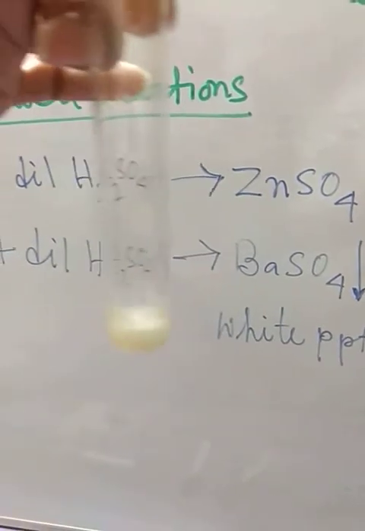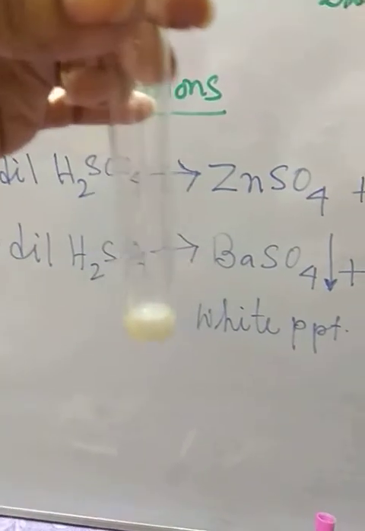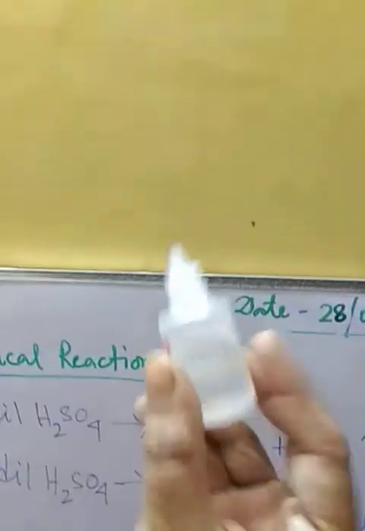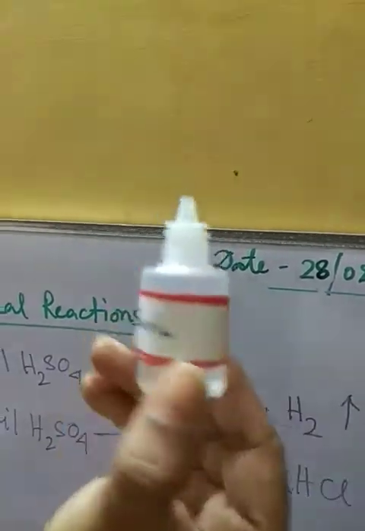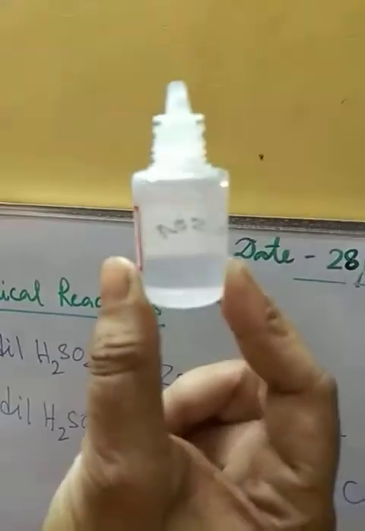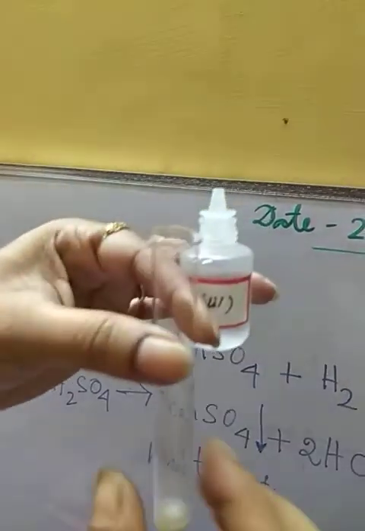Have you seen, just after adding a drop of sulfuric acid we are getting the white precipitation. Have you seen at first the color of the barium chloride? You can see the color of barium chloride. This is colorless, no color is there, transparent barium chloride. And sulfuric acid is also colorless, transparent. But when we are adding these two, we are getting this hazy white